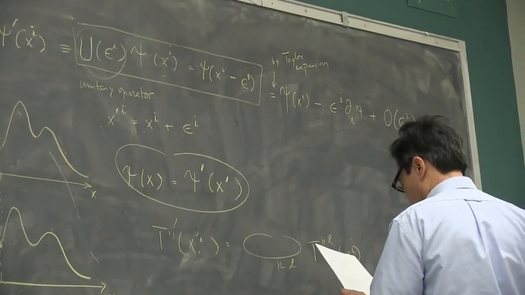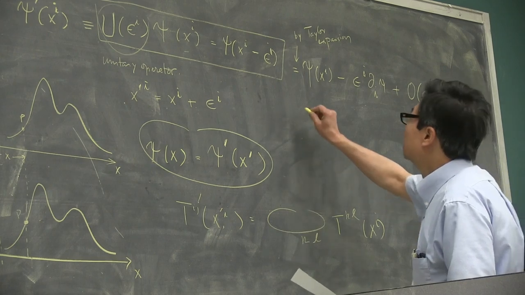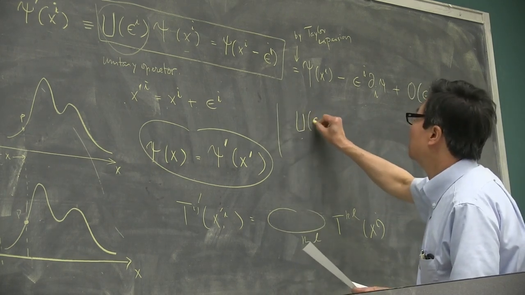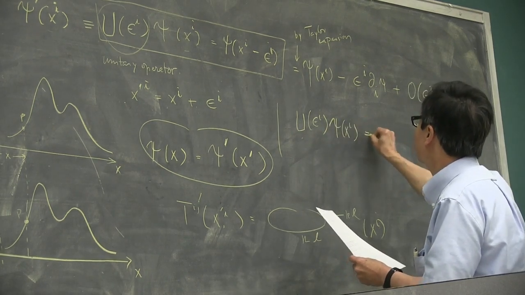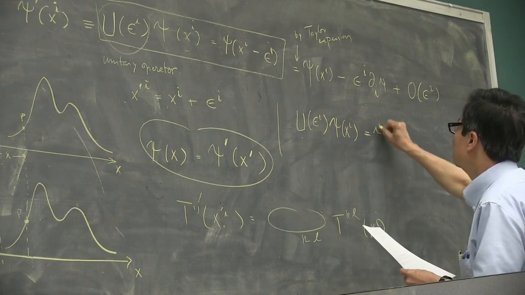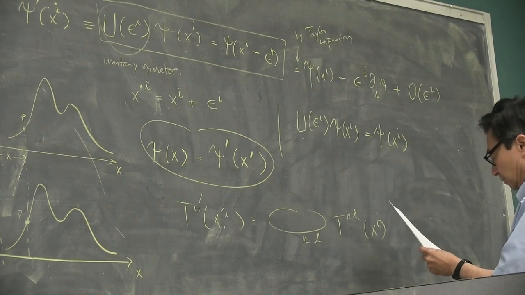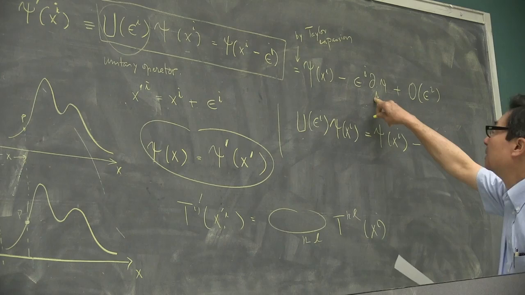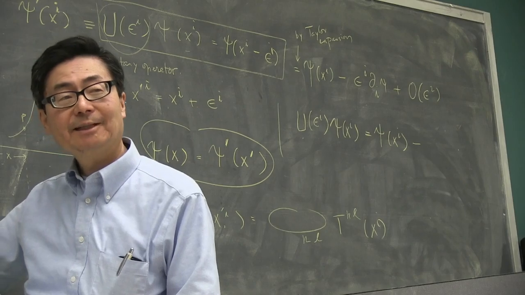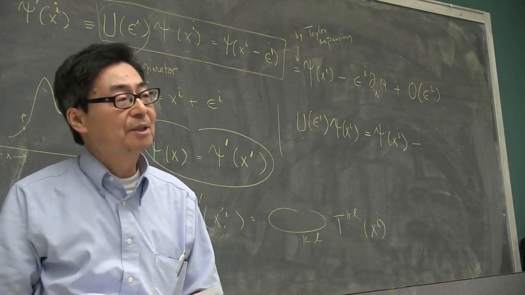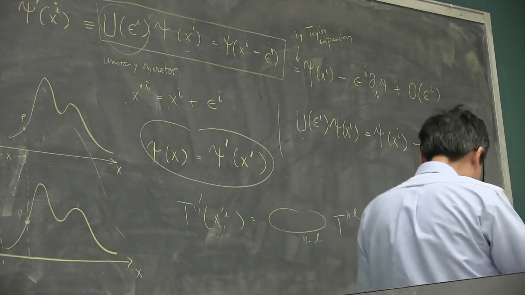Let me just write this a little bit differently now. I'm requiring this to be my U, which obviously has to depend on the particular translation, operating on the old wave function, must be equal to the old wave function itself or something else, which is a change in the wave function. I'm now going to write this in terms of the momentum operator given by this expression in here. I'm going to write my gradient in terms of the momentum operator, so I'm just multiplying it by some i's and so on and so forth. And it's very simple. You see that this is equal to